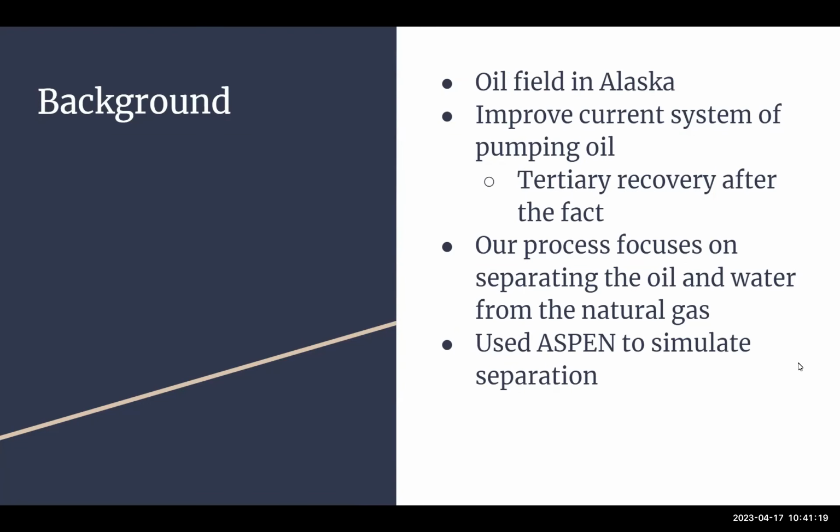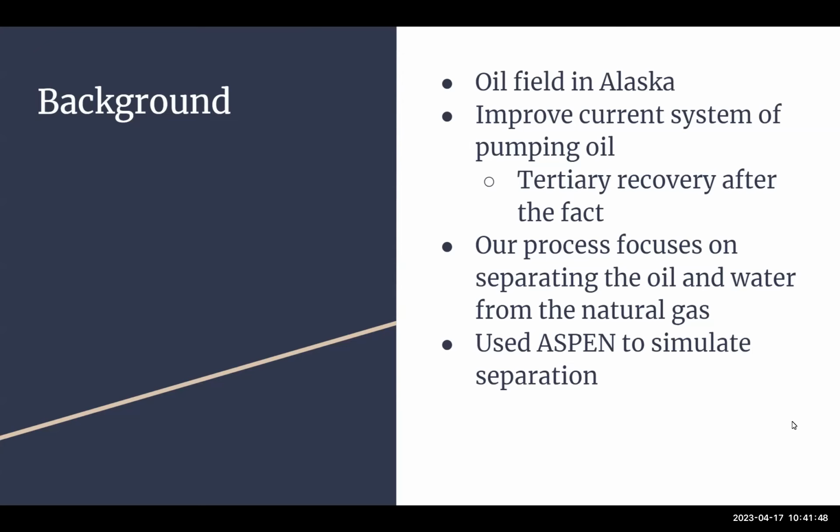So our process is focusing on an oil well in Alaska, and our objective is to improve the current state of pumping oil, which is reinjection of gas or water after the oil well is already established and pumping. So our process does it before then, while in the creation of the oil well. And so we're focusing on separating the oil and water from this natural gas to reinject, and we used Aspen